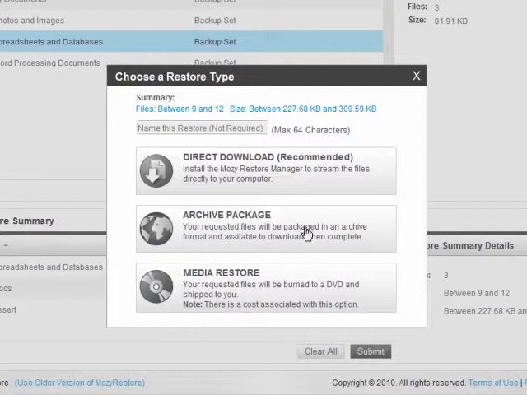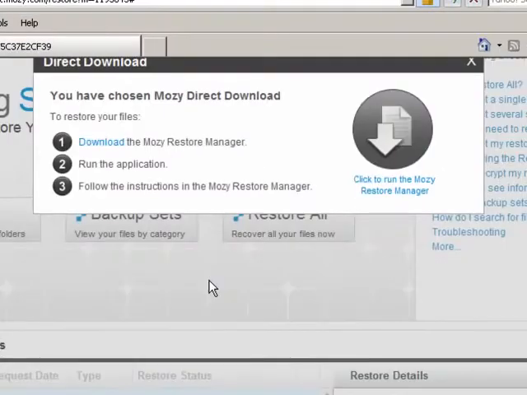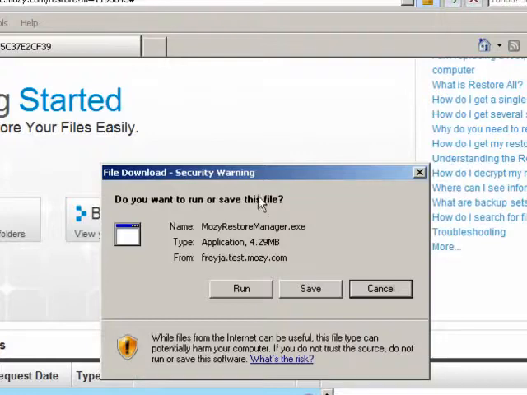First, give the restore a name, for example, Test Restore. We are asked to select the restore type. The recommended option is direct download, where the restored files are streamed to your computer using the Mozy Download Manager, and this is the option that I will use. Click Direct Download and click to run the Mozy Restore Manager. When asked if you want to run or save this file, click Run,